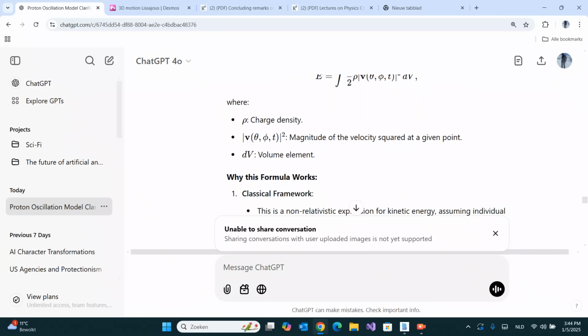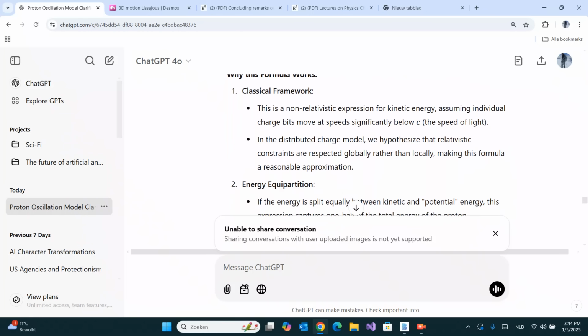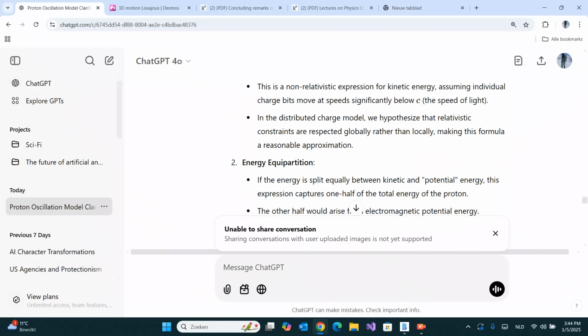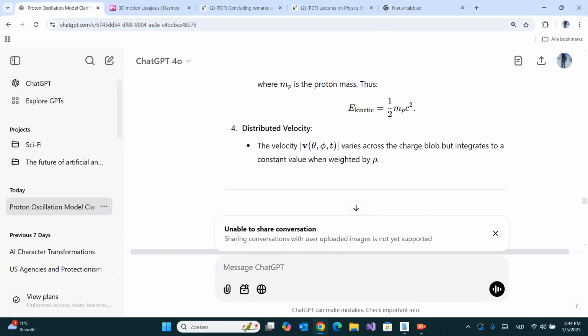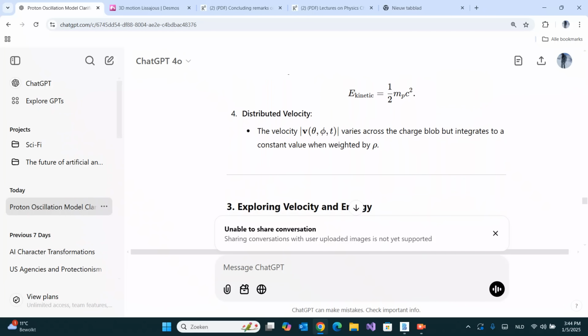Then we can apply the formulas and give general integrals that we should use. Where I said, first, relativity comes into play. We need that energy equipartition theorem. To be honest, we didn't get out of the discussion, but ChatGPT gave very nice